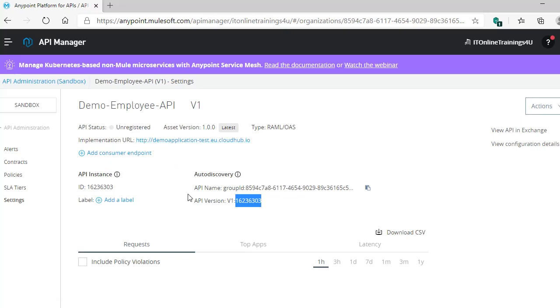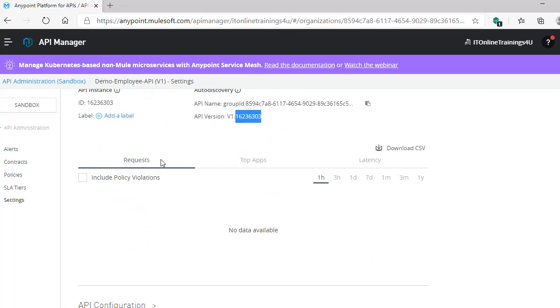So all these things we need to take care of to make this API status registered. Once the API status moves to registered, only then will you be able to consume this API. Okay, so let's see one by one in our next video.